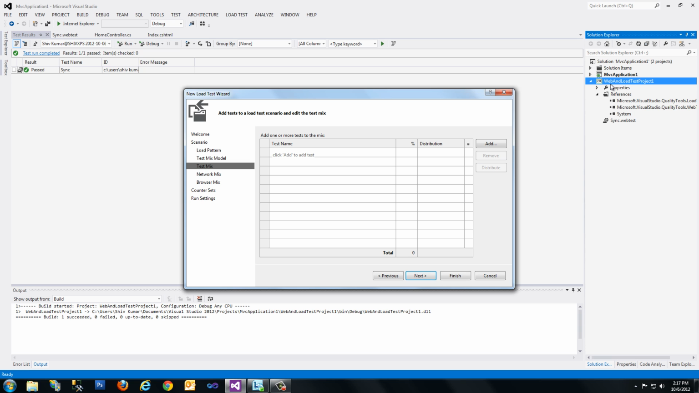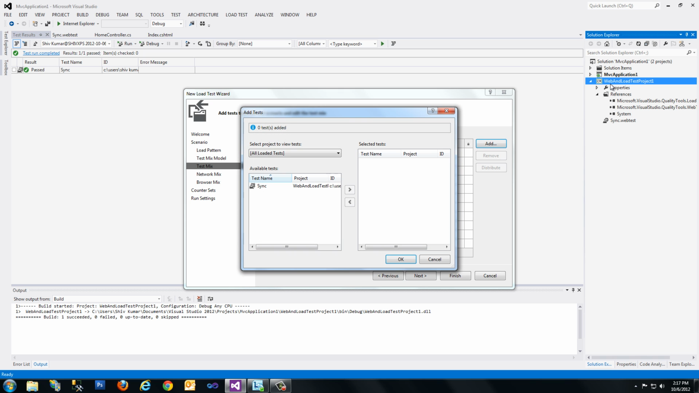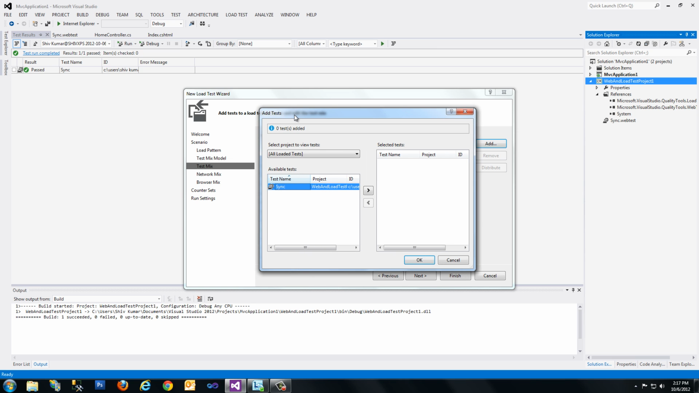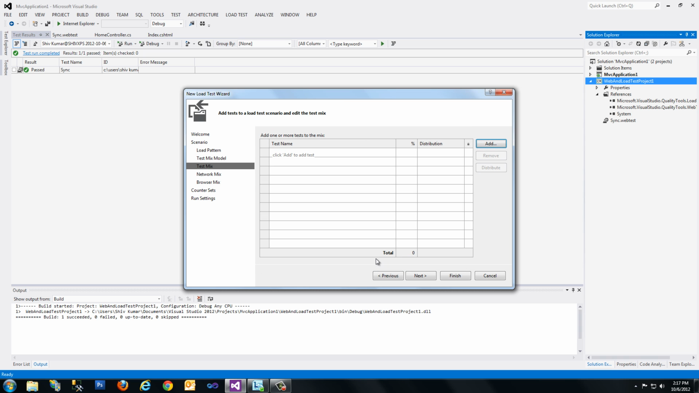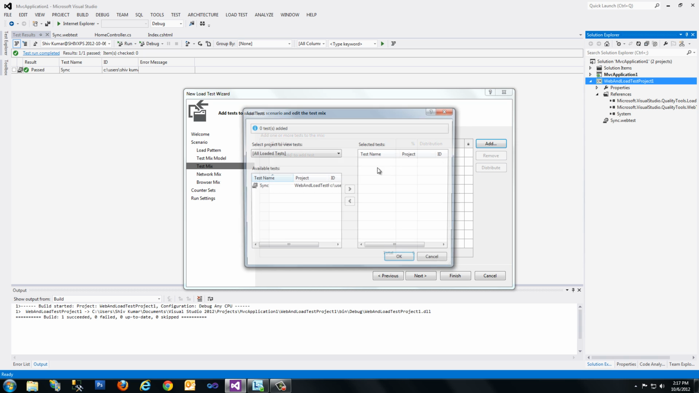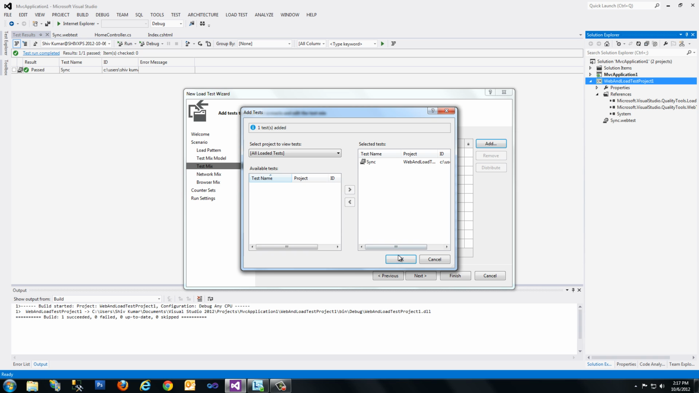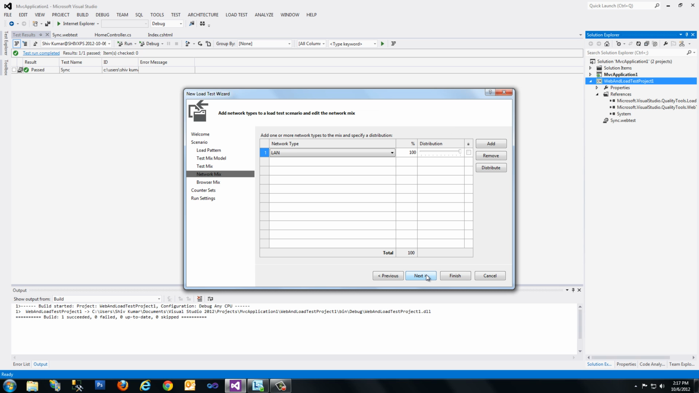Okay, the next thing is the actual test that we want to add. I'm going to choose the sync test, as you can see here. You could have multiple tests in a load test. In our case, because we're trying to compare the synchronous version with the asynchronous version, we're just going to add the one test in each of the load tests. So we'll create another load test that will test the async version. Oops, sorry, to actually add it here. Okay, next up,